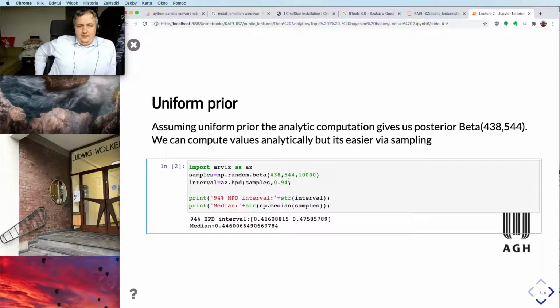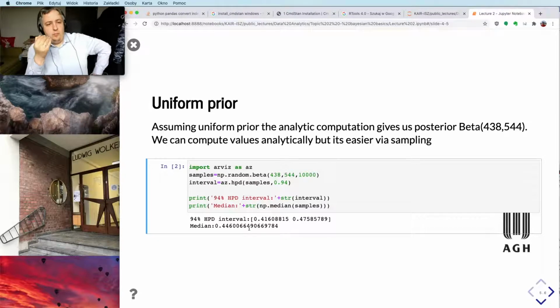We do it by sorting the values and finding the minimal and maximal value that contains 94%. So we find that the median is 0.46, so the proportion is like this,